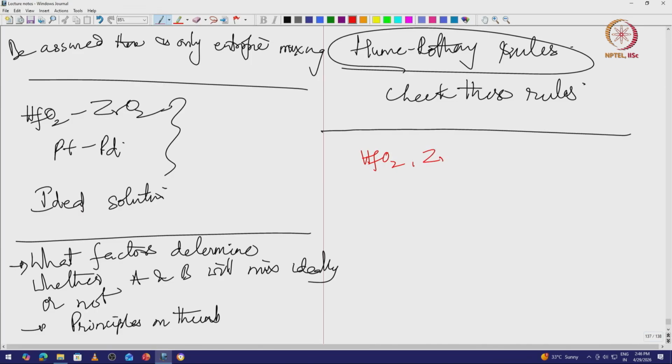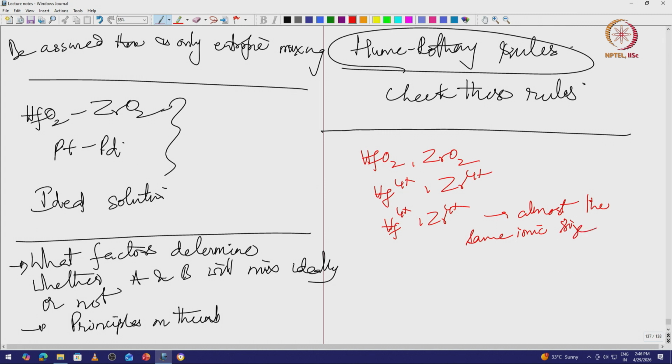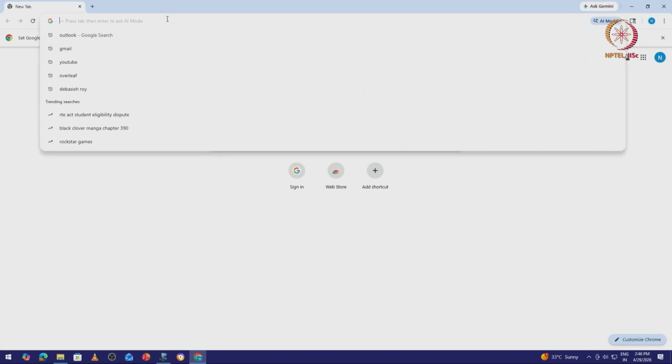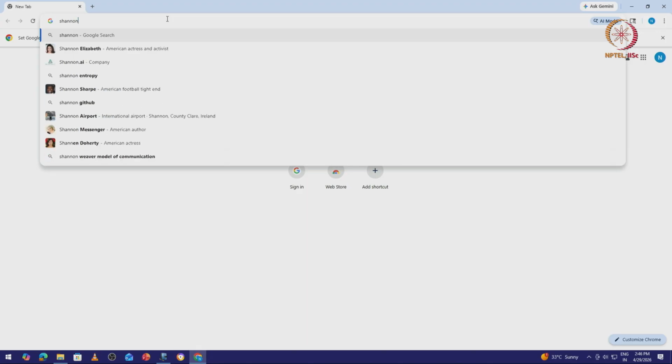So if I look at hafnium oxide and zirconium oxide, hafnium is in 4 plus, zirconium is in 4 plus, right. Hafnium 4 plus and zirconium 4 plus have almost the same ionic size. How do I know this? I go to what are called Shannon radii. I check out the Shannon radii, which are the ionic radii of hafnium and zirconium. Let me just quickly show you how I look at it. There is one nice website that just gives you the Shannon radii,